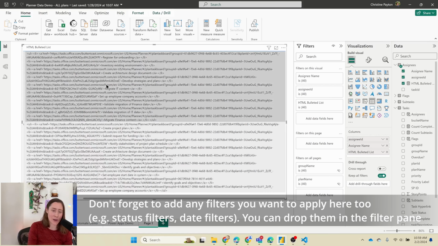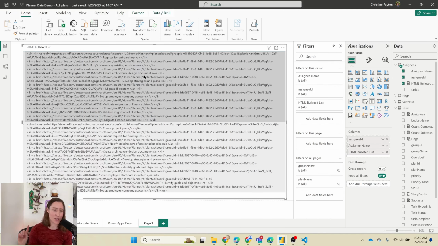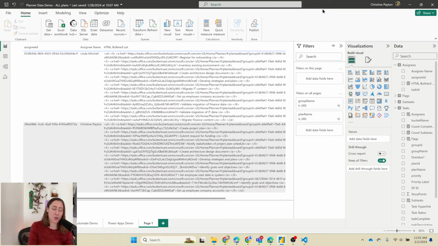So this is our bulleted list. We're going to pass this to Power Automate. Power Automate is going to put it in an email, and everything from here on out becomes much easier. At this point, we need to publish this report in order to query it with Power Automate, because Power Automate can only access things that are in the Power BI service. So I'm going to publish